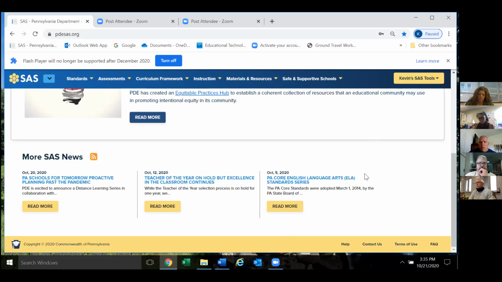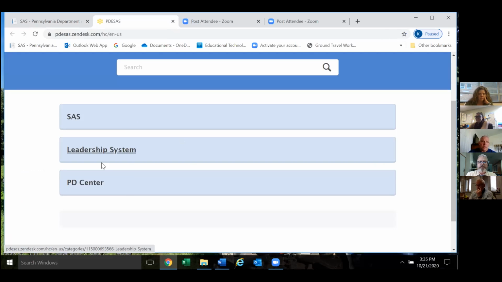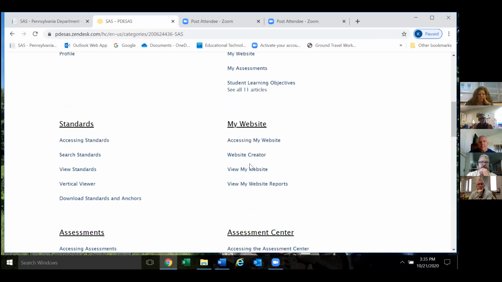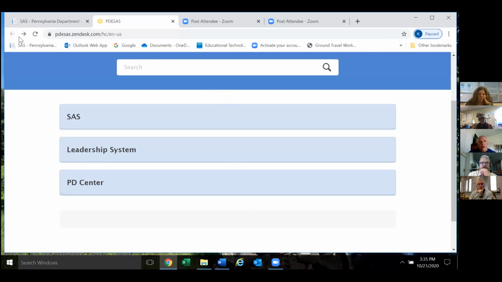And then down below, there are two things on the homepage. There's this help and contact us. If you ever have a problem with SAS and want a navigational piece, you can click on this, and it takes you to different portals of the PDE Center Leadership System. But if you click on SAS, again, you can get one or two pages of information about any of the areas in SAS with some directions. So that's one area. The other area